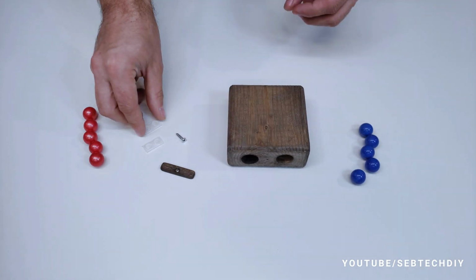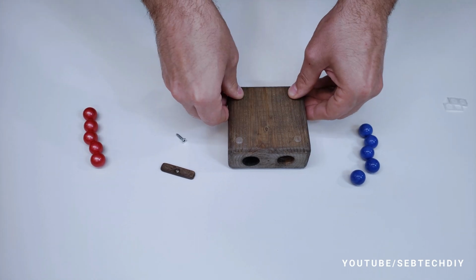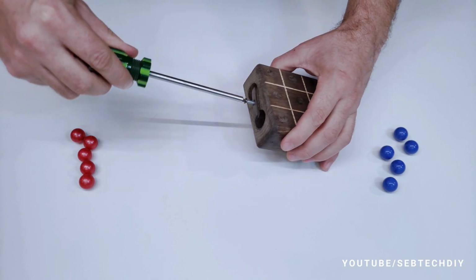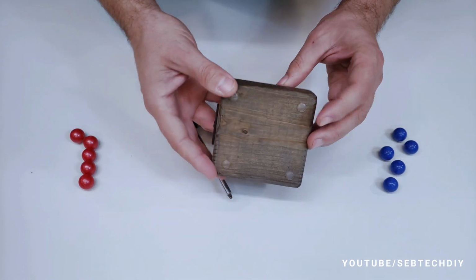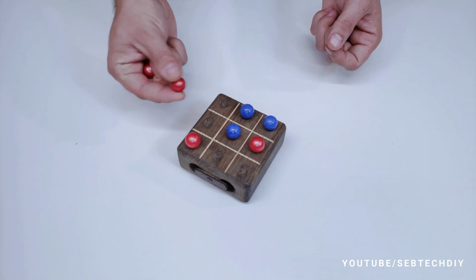I'm adding some bumpers to the bottom so the game won't slip when playing. And the last step is to screw the little piece of wood in place. Make sure the screw is tight enough so it won't open by itself when stored in your backpack, for example. And voila! We are now ready to play a